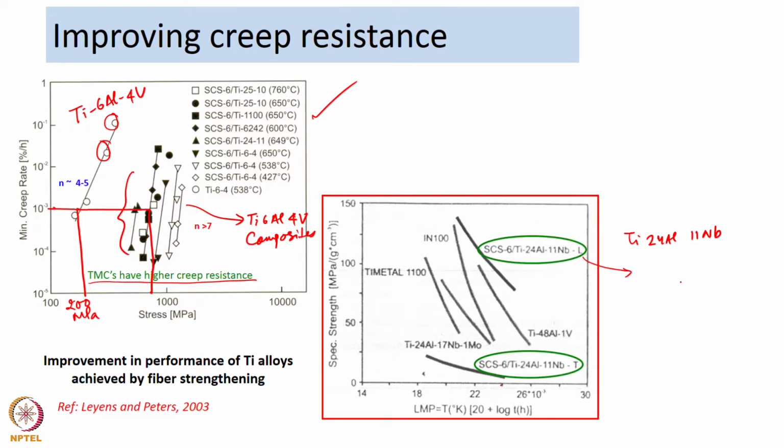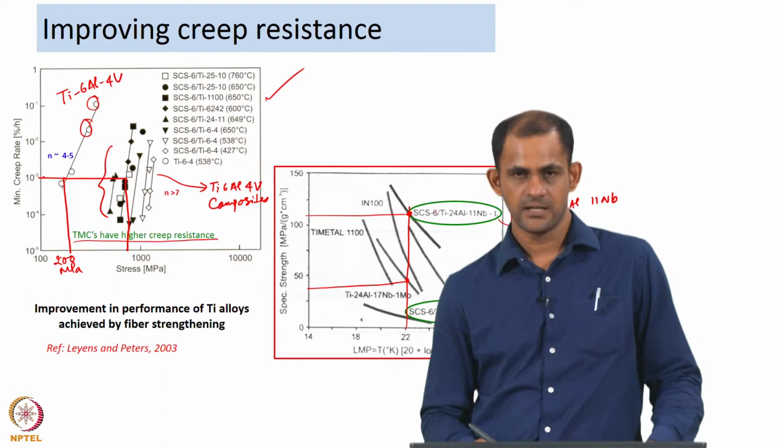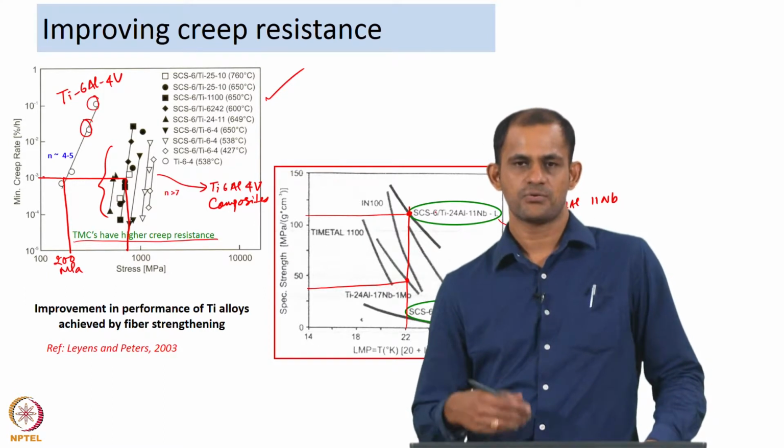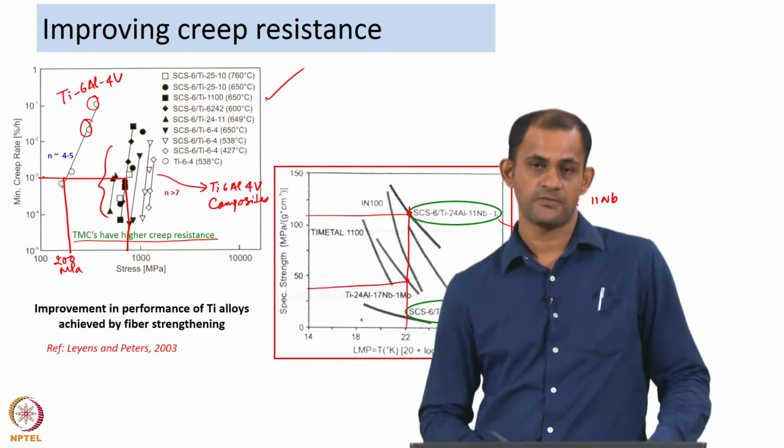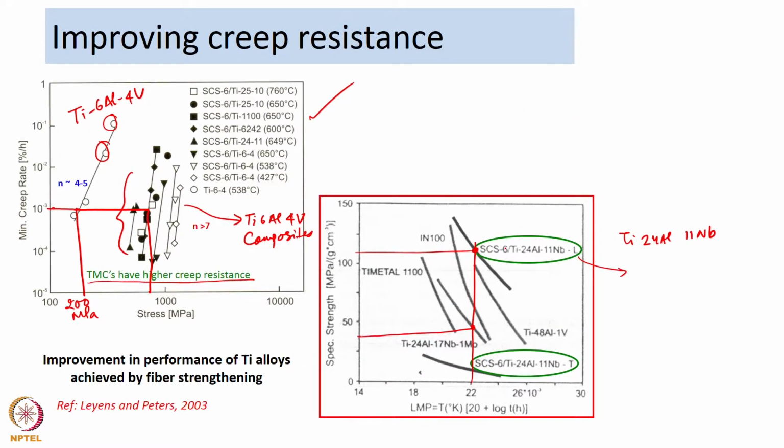or let us look at these alloys. So, you have one, this is the alloy without the fibers and this is the alloy or the composite with fibers. So, clearly the amount of stress required for the alloy without fibers and the alloy with fibers, there is a large difference. So, you need to apply higher stresses. So, the strength of the material with the fibers is higher. So, you need to apply higher stresses to achieve the same rupture life that the alloy without the strengtheners, particle or fiber strengtheners is providing. In this case it is fiber strengthener.